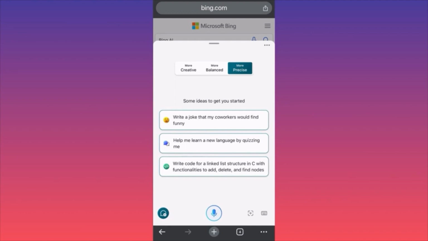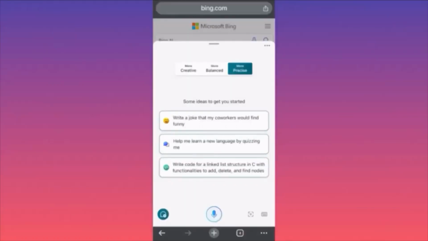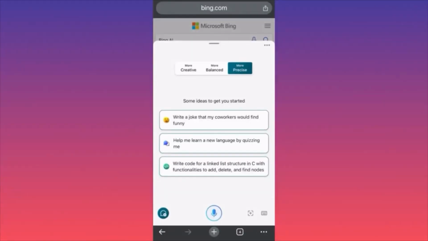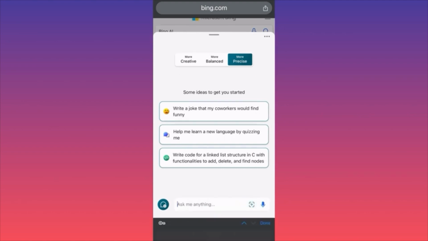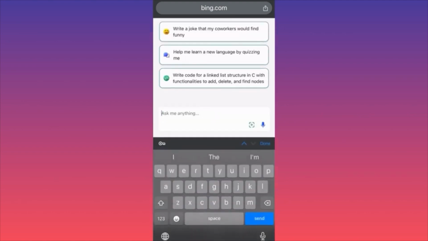I always work with more precise simply because we're working with numbers, estimates, predictions, everything related to investing and business related stuff. So in this particular example, all you gotta do is click on the lower right corner where you see the small keyboard sign. In this particular example, guys, we are going to ask, please write